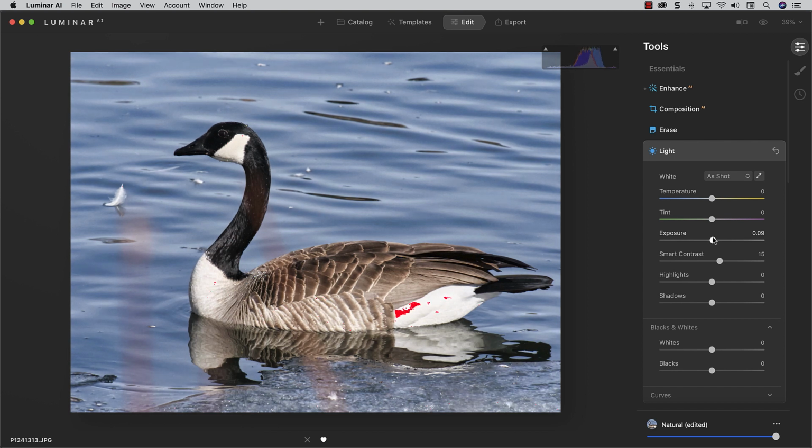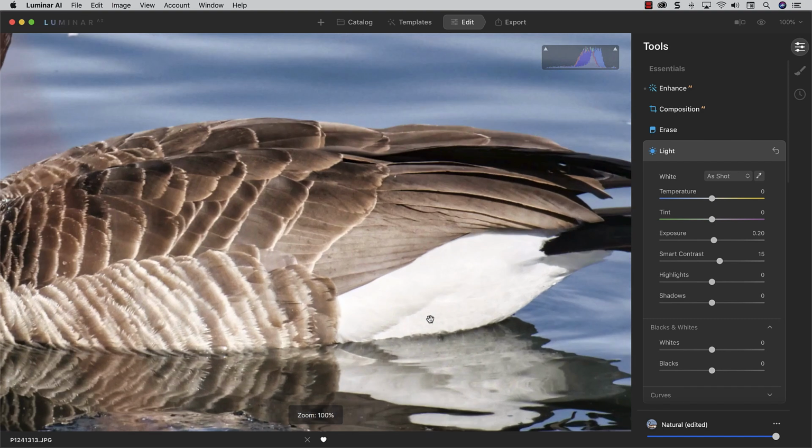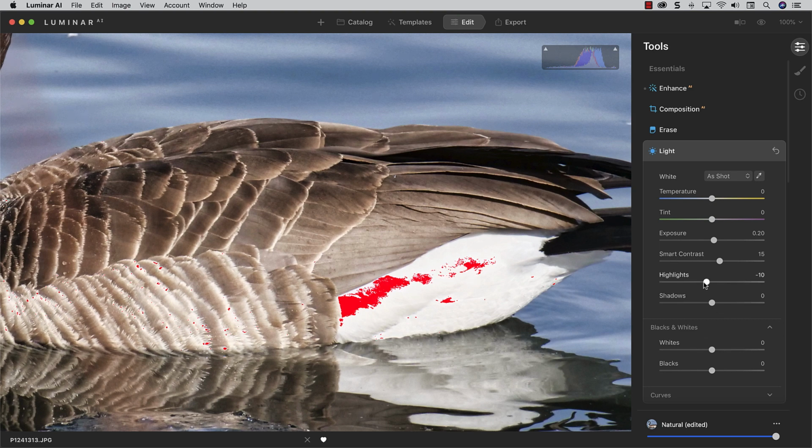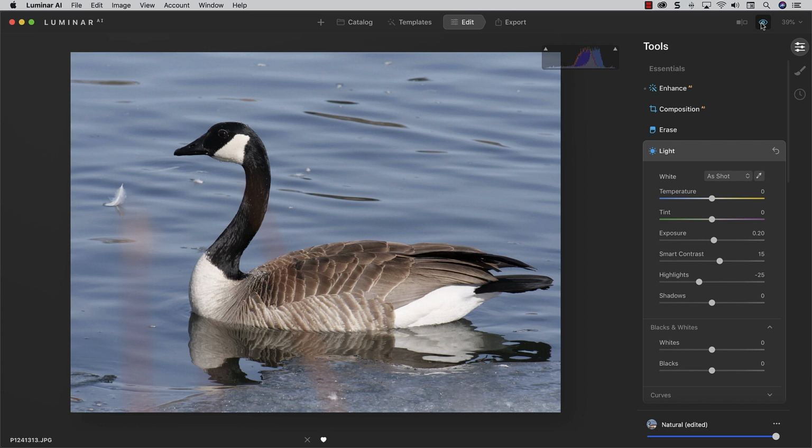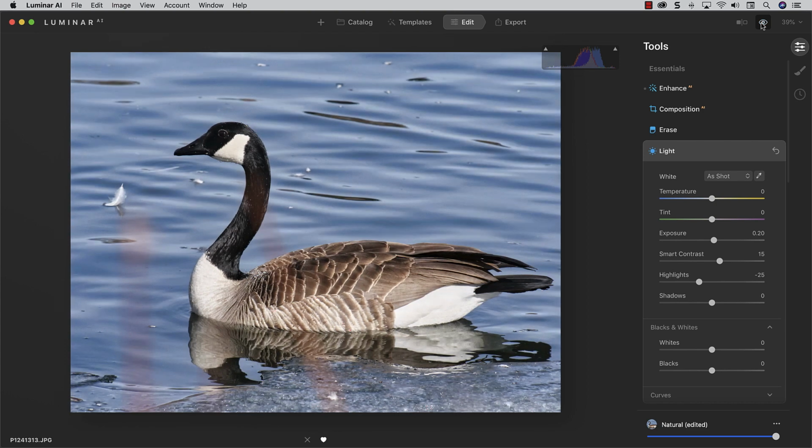Now, let's say that we want to bring the exposure up on this image just a bit if we feel it's a bit too dark, but we want to save these whites down here. So to save the whites, you can go into highlights or whites. I'm going to choose highlights because these are highlights. I'm just going to pull that slider down a bit. And now I have retained the detail in this area. I still have a few sparklies in this part of the bird's feathers, but I'm not going to worry too much about those. Okay, let's do before and after. Before, now the before looks rather dull, and now it has a bit more punch.